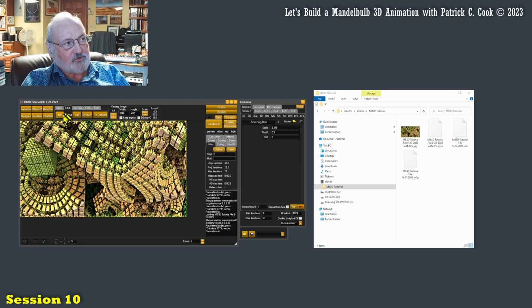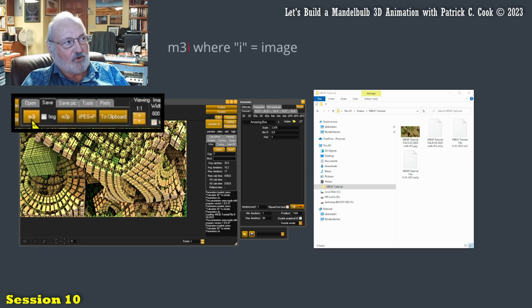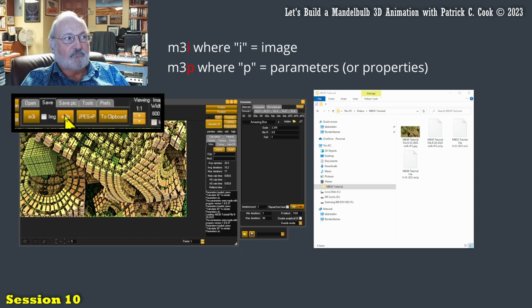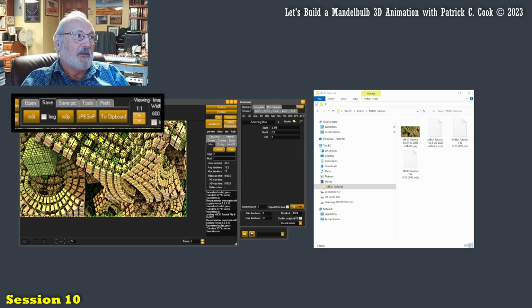If we take a look at this, in our last session we had talked about the M3I and the M3P. One of them will save only the parameters, and the other will save the image as well. And we also talked about saving the JPEG along with an M3P parameter. Now, if we take a look at the Save Pic